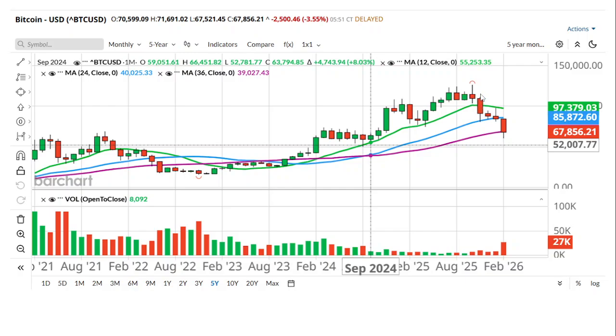But the second indication that this was going to go lower, and it did go lower, was this wide range red candle breaking this support area. Again, volatility came into Bitcoin, and since this point in time, over the last 4 months, it has been in a downtrend. But we could kind of see that on the chart. Topping tail candle, range expansion or wide range candle indicating volatility to the downside, breaking support, price moving below these moving averages, all signaled a greater potential for lower prices in Bitcoin.